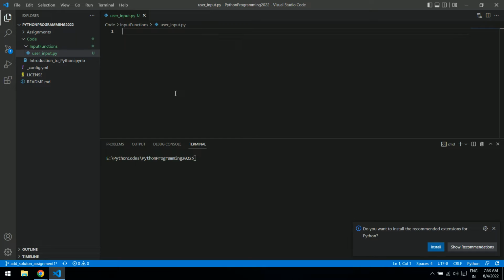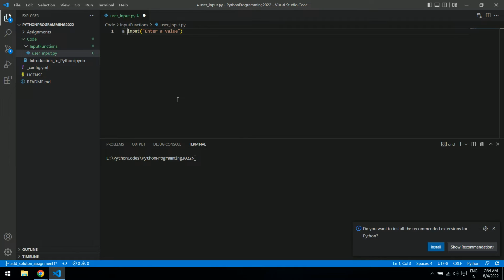Till now, in our previous sessions, we have directly given the values within lists or other data types, and then processed them. But other than this, now let's explore how we can capture inputs from the user while running the program. For doing that, we use a function called input